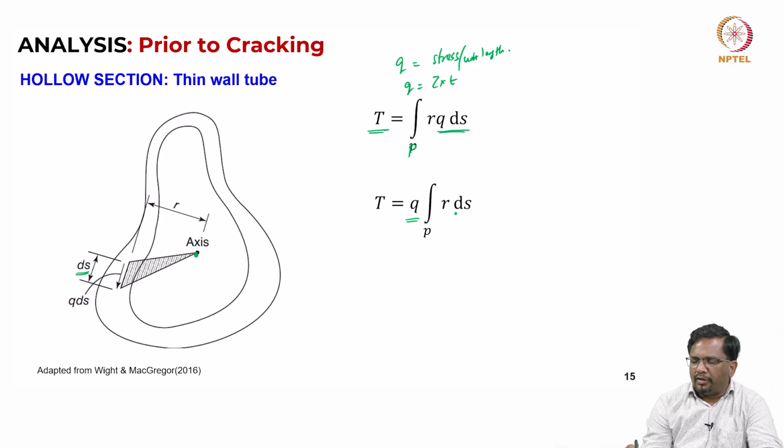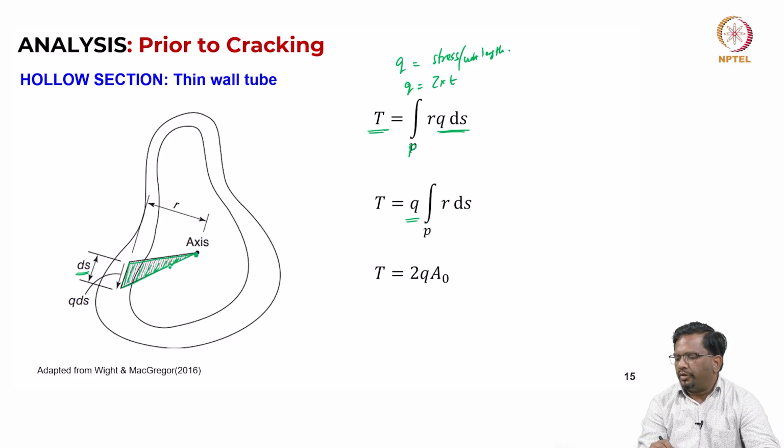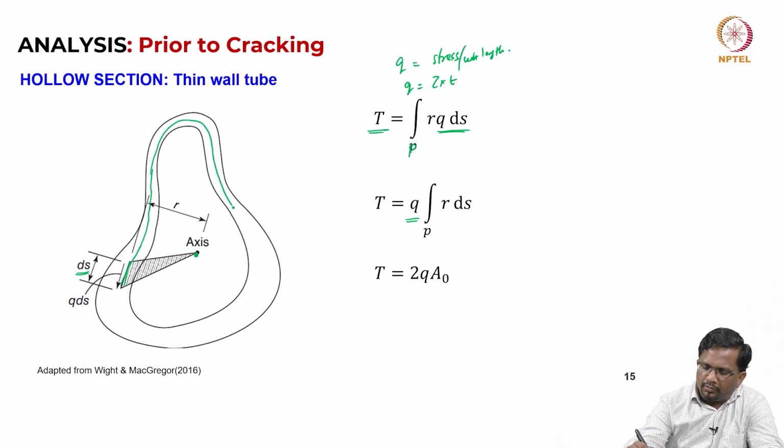Now, what is R into ds? If you see here, R into ds is nothing but this one triangular area. If I integrate for the entire length, we can find that R into ds is this area. In a way, what I am doing here is defining this area within the center line of the tube as this,